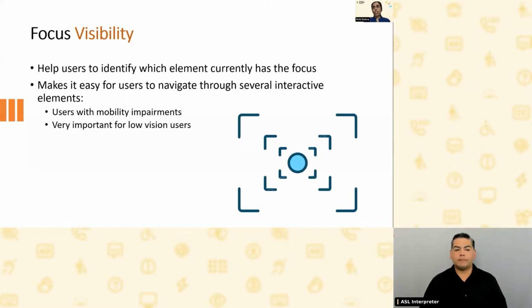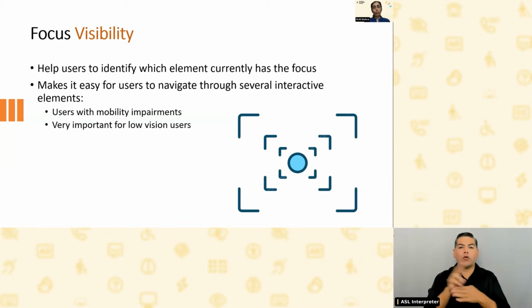After keyboard navigation, the next thing that we are going to talk about is focus visibility. Very important. As a keyboard user, I can navigate to an element, but I can't see where I am. So it is important that the focus indicator is clearly visible. It helps users understand where they are. Our web pages are filled up with interactive elements, be it links, menus, buttons, forms, etc. The focus indicator helps users understand where they are.